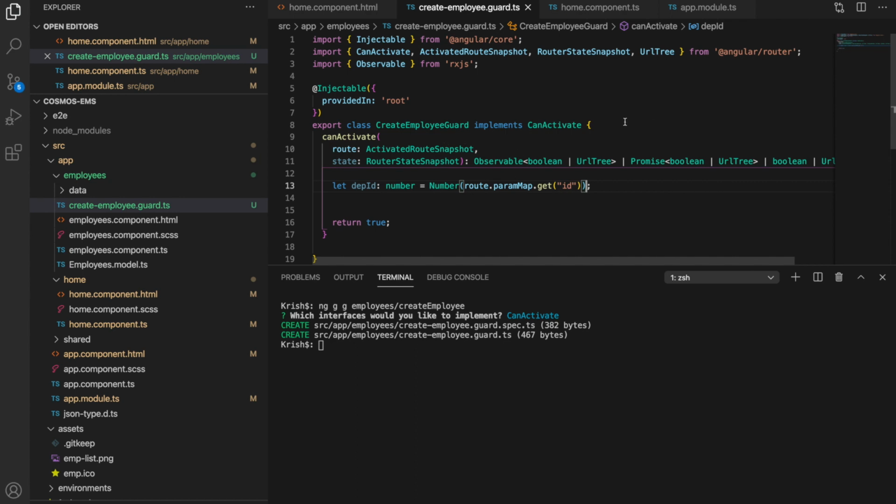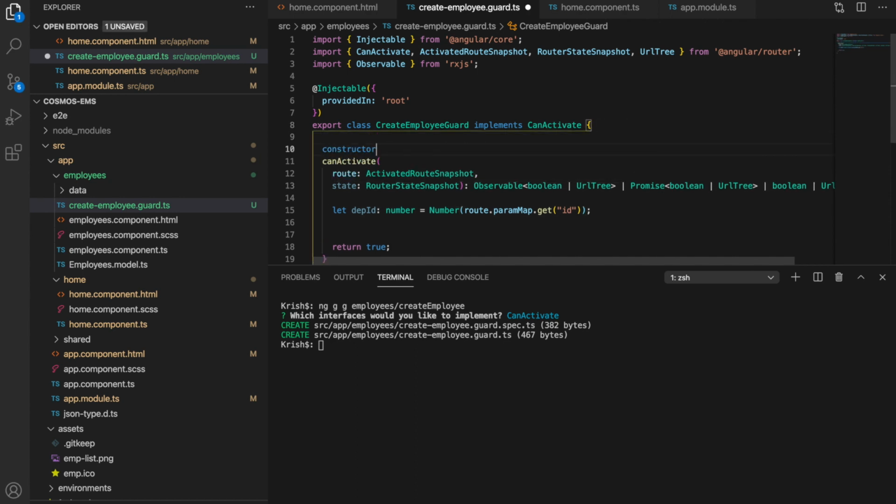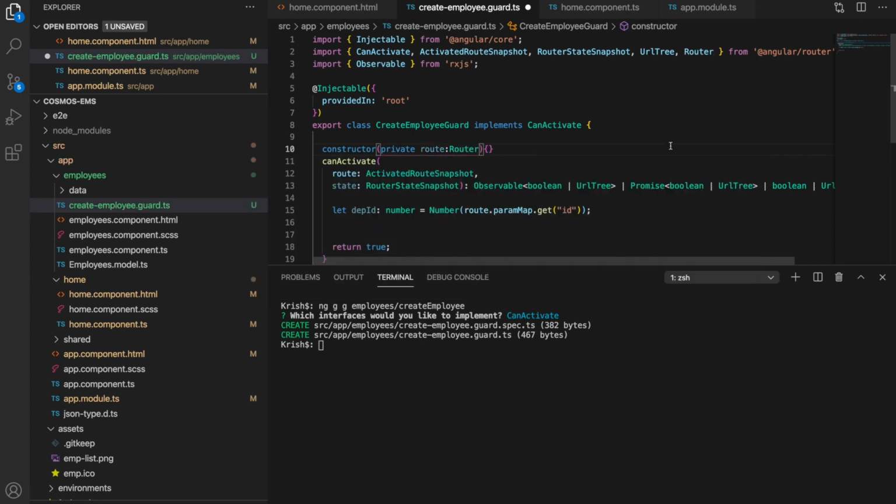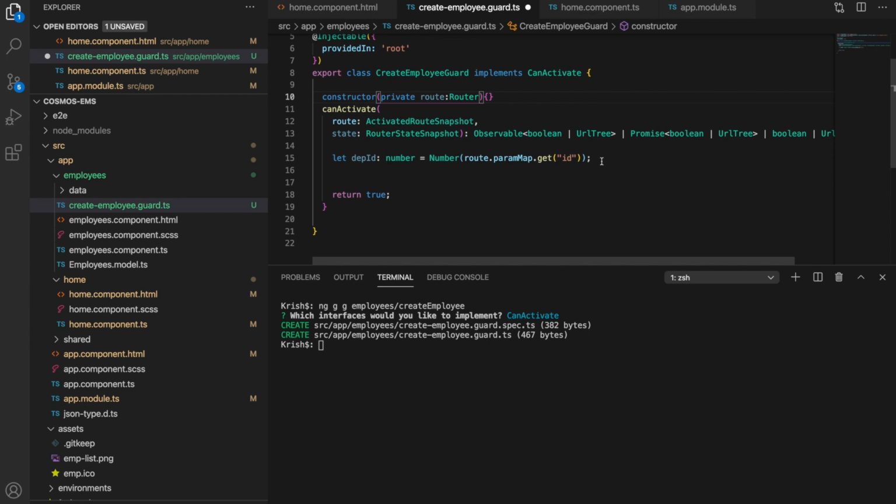So here I'm going to create a constructor, right? And to the constructor I'm going to get the route as a private variable, right? Okay, cool. So now I'm going to implement a very odd logic. Just think this is, I mean, this is not coming from the user's URL parameter, right? Let's say you're going to extract the user's JWT token and extract the department number, right? So if